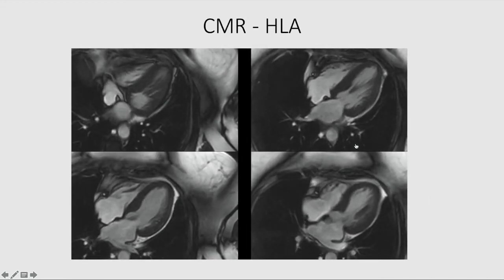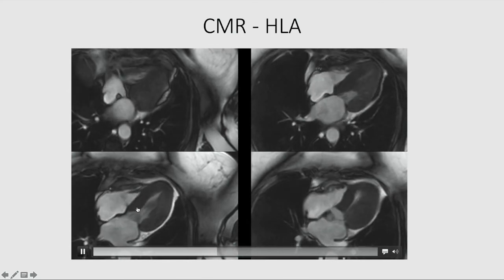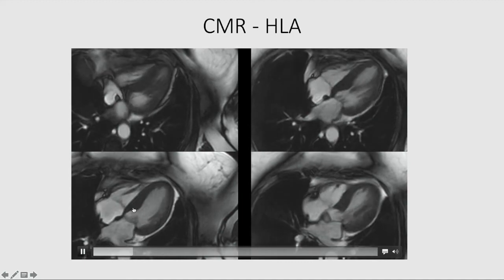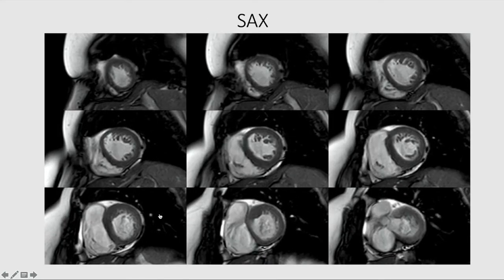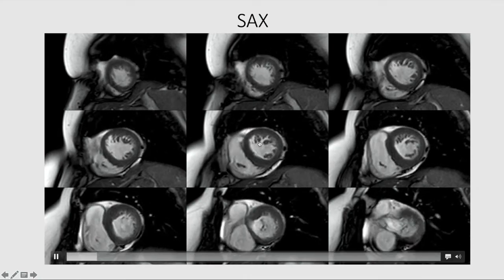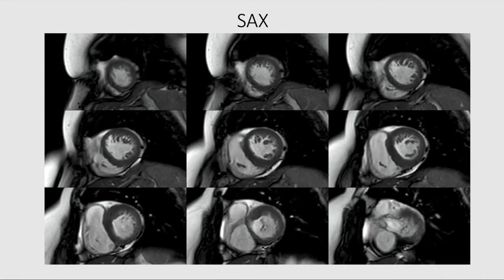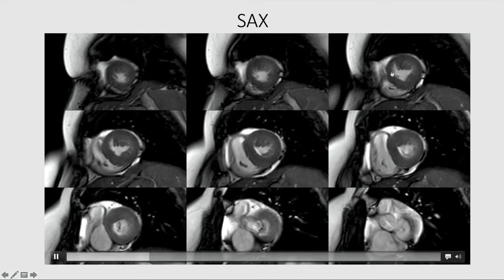On the four chamber view, you can see the hypertrophy is not very severe in this patient. The septal hypertrophy is only mild near the base. On the short axis view, what you can see is the abnormal apical-basal muscle bundle. If you start from the apex, look at the anteriormost portion, you are finding a bunch of papillary muscle tissue or the accessory muscle bundle,